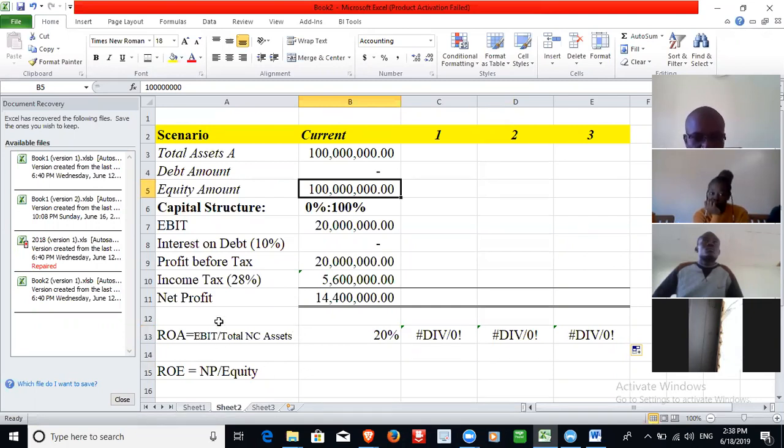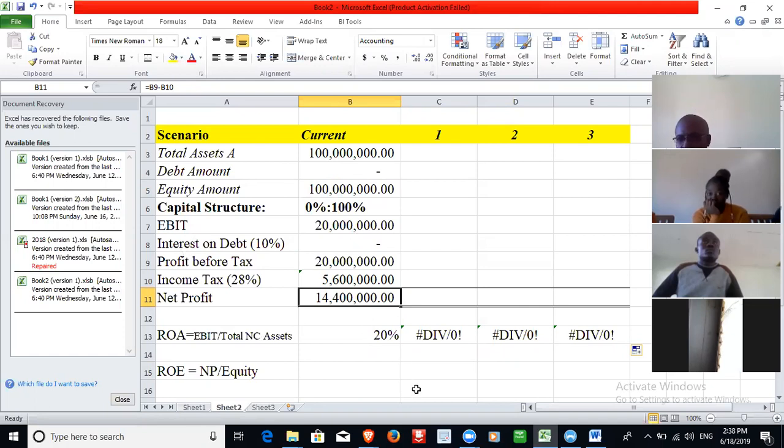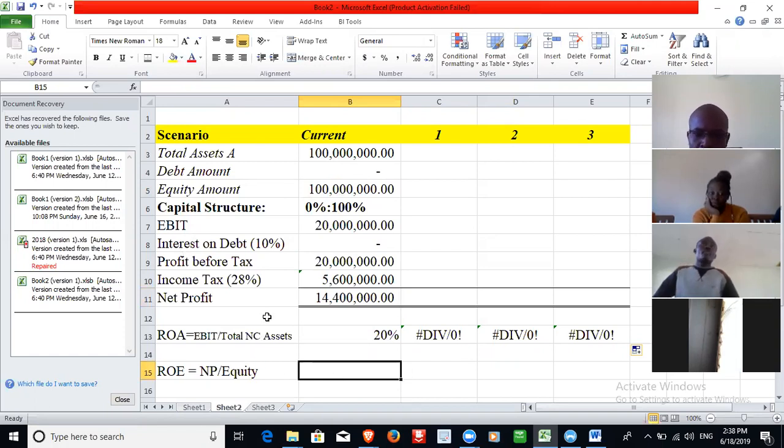We say net profit, this net profit is not for the organization, it is for shareholders, the investors. So these guys will say, we have invested this 100,000, so how much are you going to pay us as dividend? So the formula is net profit divided by